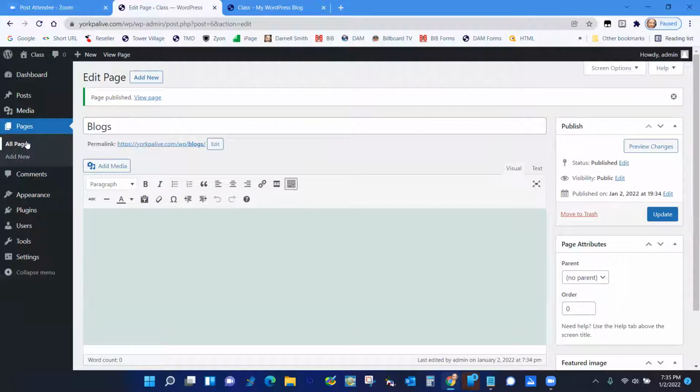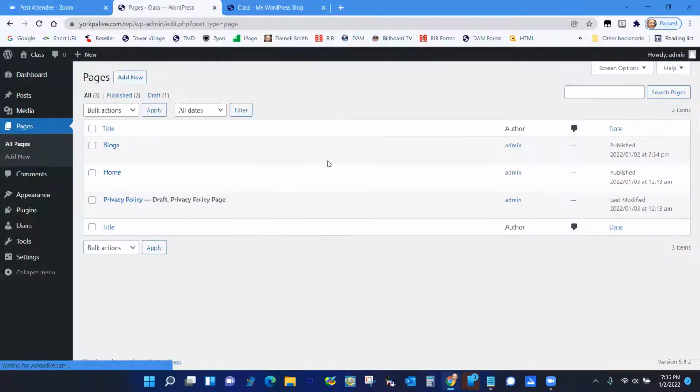We now have 2 pages. Let's go ahead and all pages and take a look at it. And there's our 2 pages. Privacy policy comes with the system now, which is great. It sort of makes a privacy policy that you can edit for you. It's in draft mode now, so you have to edit it and then save it or publish it, then it'll be real. But as long as we got these 2 pages here,